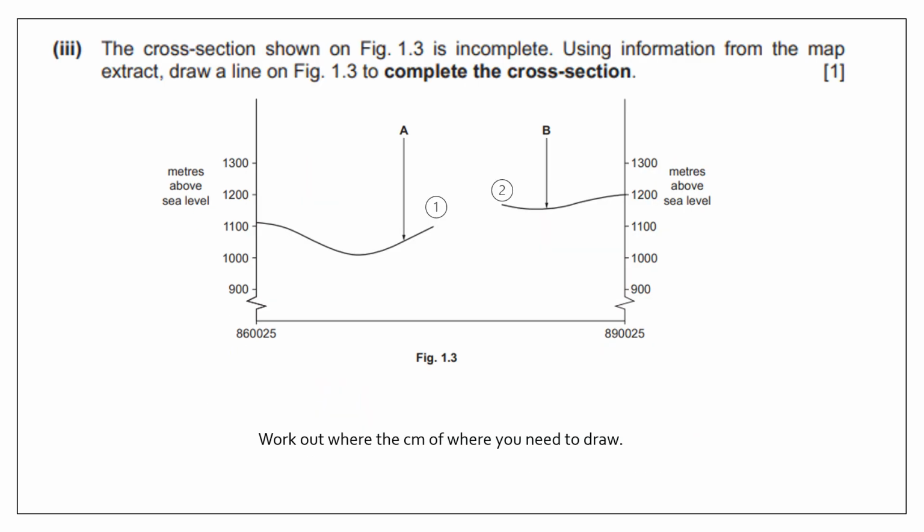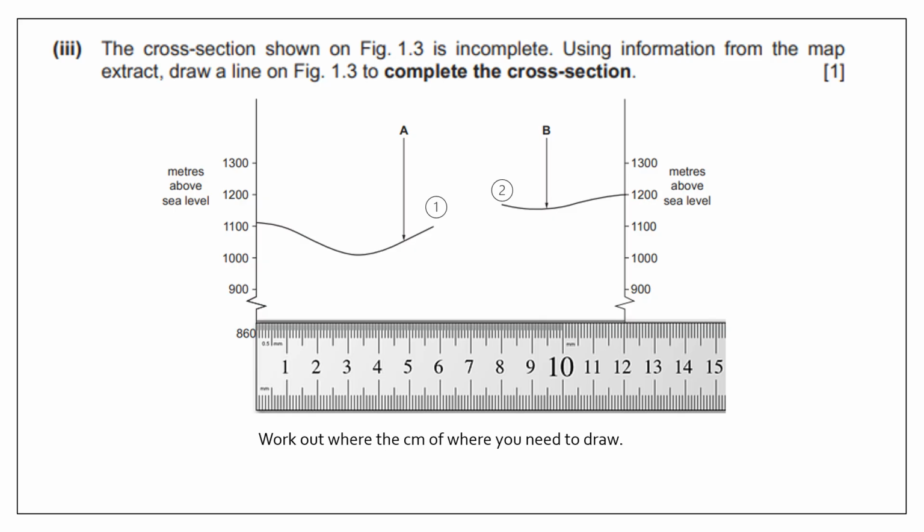Okay, now to draw the cross section. So as I said there, work out where the centimeters of where you need to draw are, i.e. the gap that's missing. So point 1 can be found at 5.7 centimeters, and point 2 can be found at 8 centimeters. And so I need to draw every single contour line and mark that on there. But